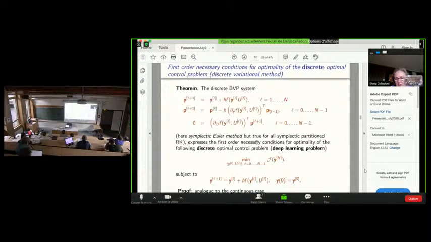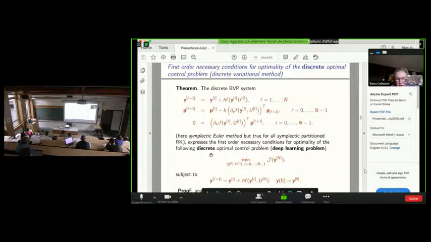So here is the same result stated for the couple forward Euler, backward Euler. So if you discretize the boundary value problem with a forward Euler for the first equation and a backward Euler for the second equation, this is a symplectic discretization, a partitioned Runge-Kutta method, the symplectic Euler method discretization of this problem.